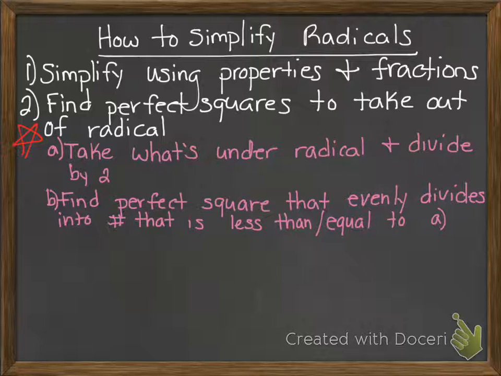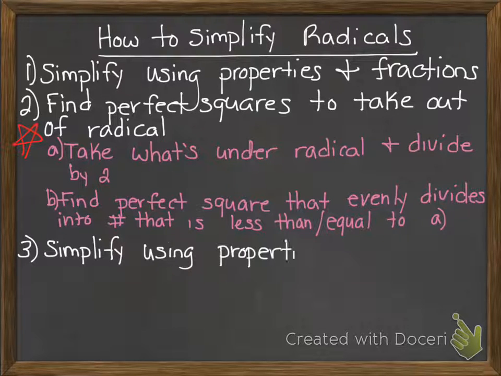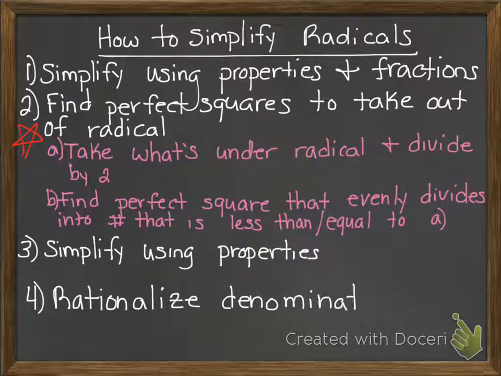But this step A here is going to be like a cap of what I don't need to look at anymore. So that's the highest, biggest perfect square that I can look at. We're going to look at all of them underneath it until I find one that divides into the number evenly. Once I do, I'm going to take out my perfect squares, and I'll show you how to do that in a few minutes. Once I take out my perfect squares, I'm going to simplify as much as I can,